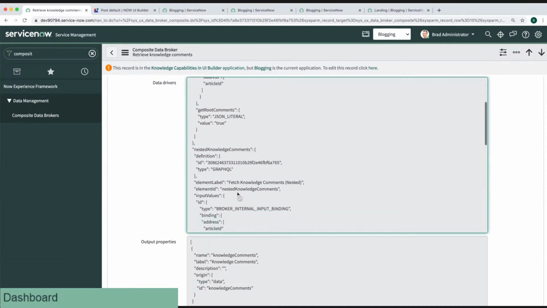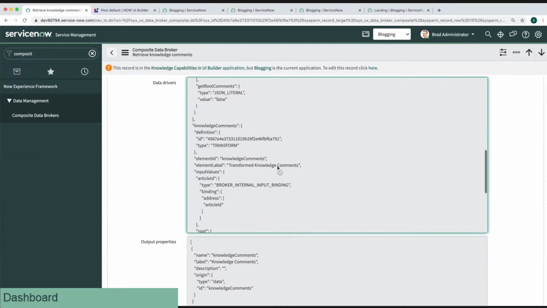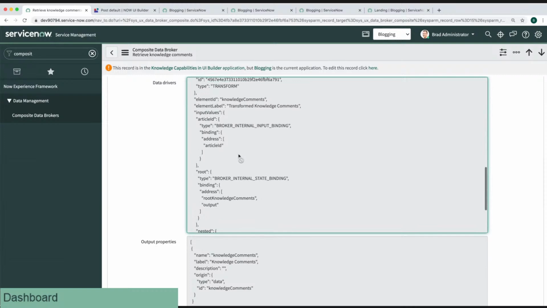And then this one is grabbing all of the nested comments of that. And then this last one is a transform. So it's taking those and probably running some JavaScript to turn them into that JSON blob that it can then pass to the